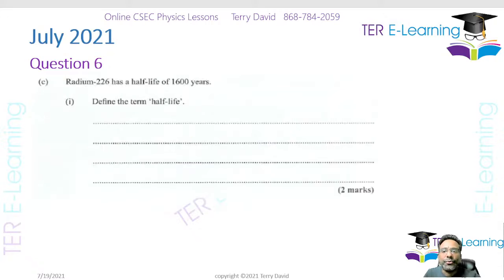Next part, radium-226 has a half-life of 1600 years. Define the term half-life. Now, half-life has an easy definition, yet a lot of students end up writing basically nonsense. So half-life is the average time taken